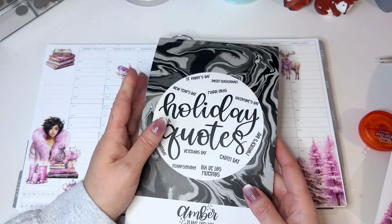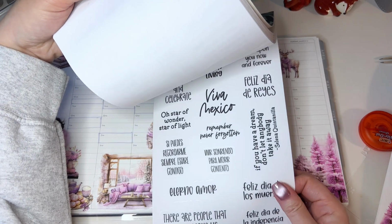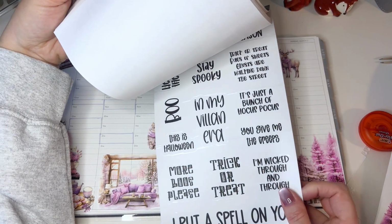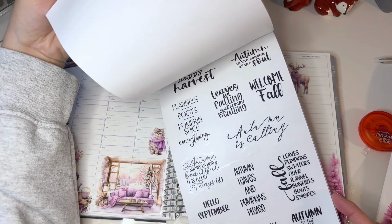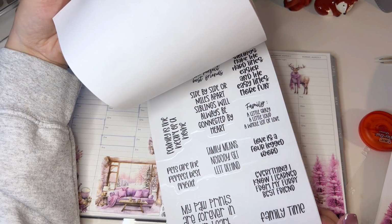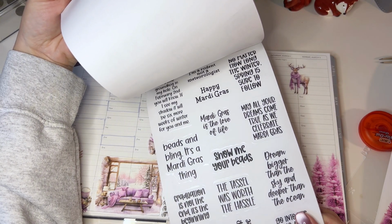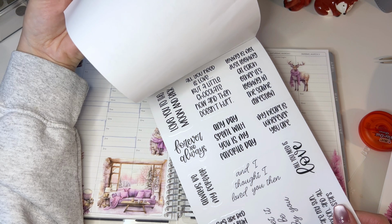Okay, so the last thing we'll do is get into this quote book for Amber Plans Her Day and see if there's anything that looks like we need to put in here. And so I'm thinking if there's anything that talks about cozy. Definitely not fall, but there could be something cozy. Something cozy could be referenced for fall. Definitely not summer. Mother's Day, spring. I will be using some Spring Fever pretty soon. Graduation, Mardi Gras, St. Patrick's Day, Valentine,